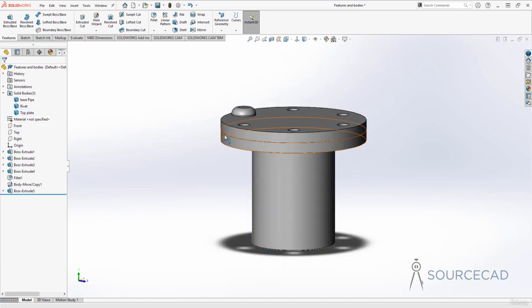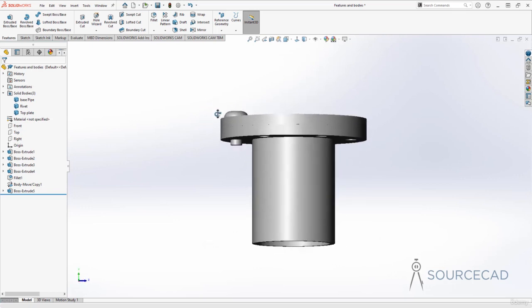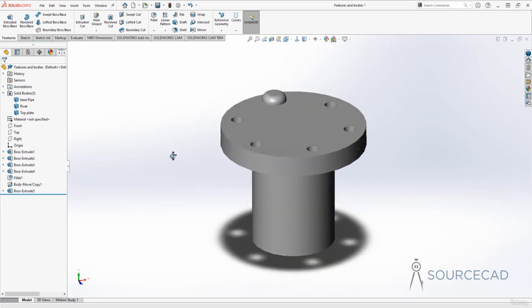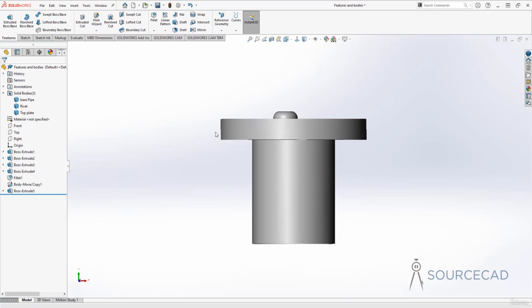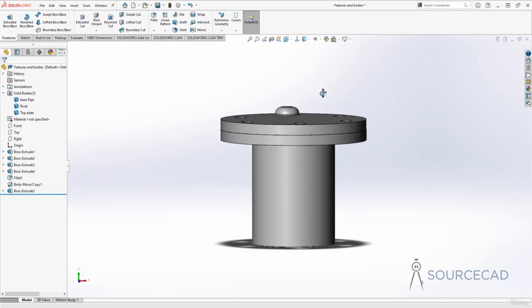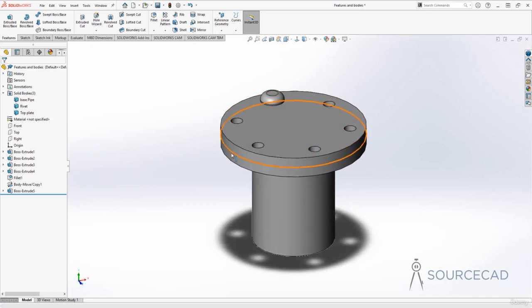So here we have this joint area where these two bodies are merging, and if I change the visual style to, let's say, just shaded, you will see that the line where these two plates are merging is almost invisible. Now in this case, with this visual style, it's hard to see the parting line, but if you want to just make it kind of prominently visible, then you just need to add a fillet or a chamfer here. That will do. So let's just go to this shaded with edges visual style, and now I'll add a small